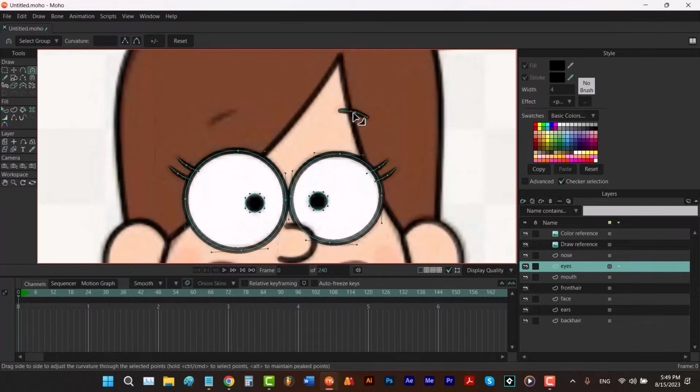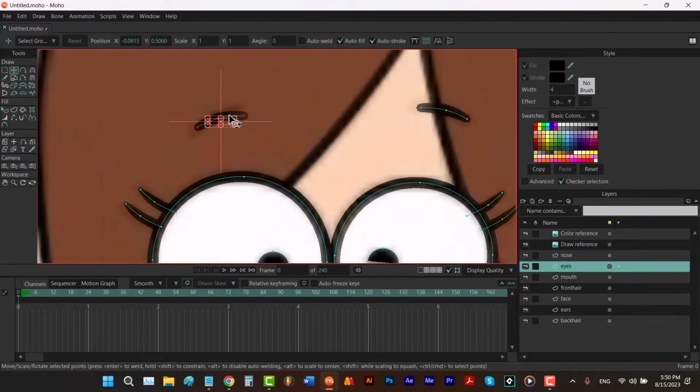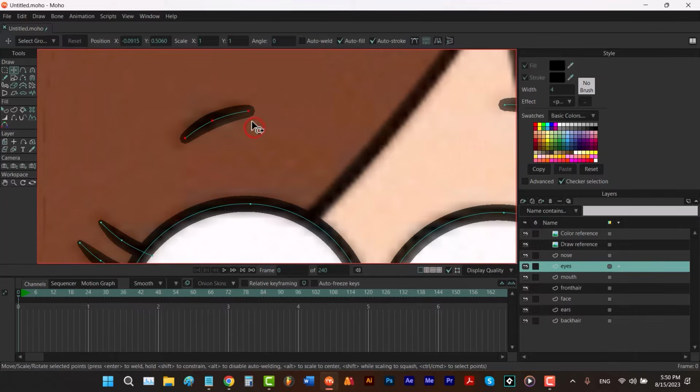Then I'm gonna hit the C key and make it more curve. After that, I'm gonna hit the T key, click on this shape to select it, hit Ctrl C to make a copy of it and Ctrl V to paste it, flip it and move it to the left. I'm gonna scroll up to zoom in and change the angle of it a little bit and put this on here. And maybe you want to just change the position of the points a little bit,